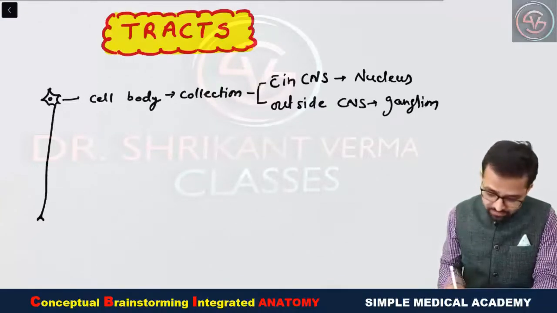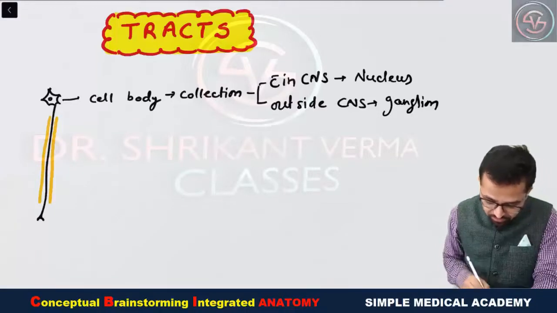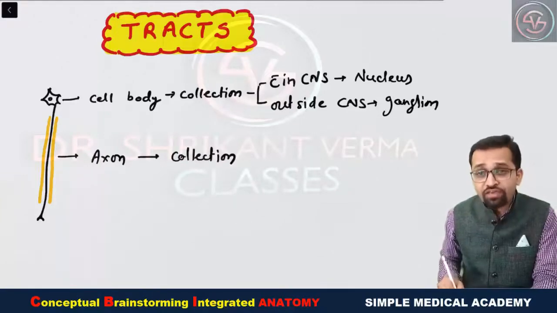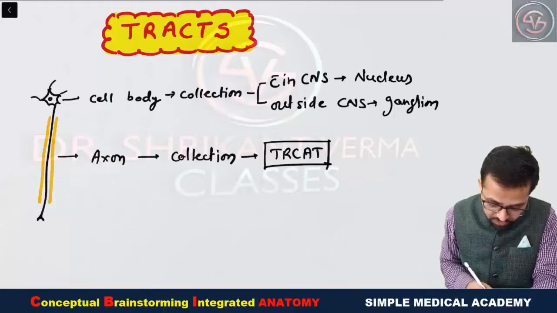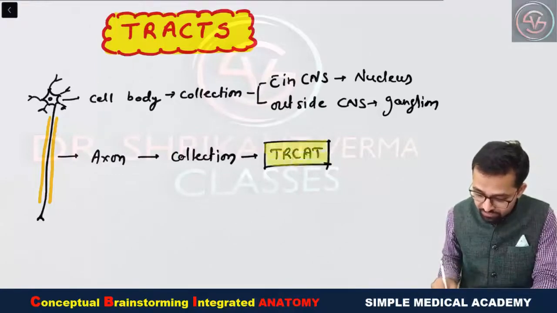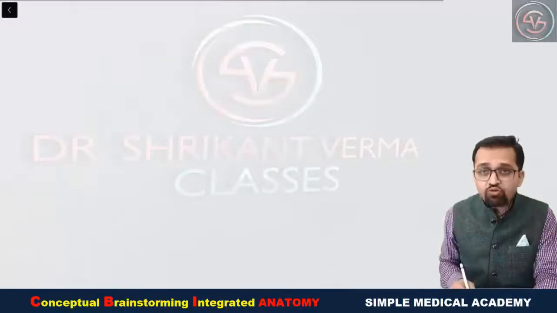Now see here, this is axon which is covered with the myelin sheath. So this is the axon, collection of the axon, or you can say bundle of axons known as tract. Okay, yes, this is the long process. Other short process are also present in any neuron. They are known as the dendrite, but here we are going to discuss about this tract. So tract is nothing, bundle of axons known as tract. Now try to understand again.